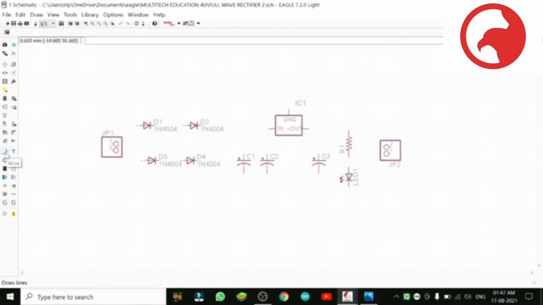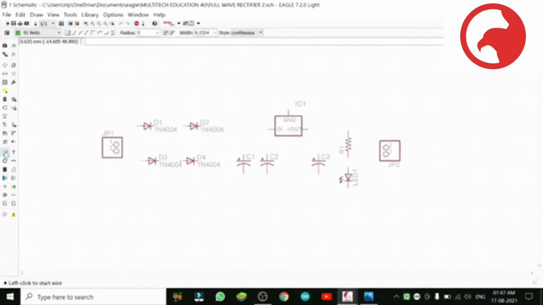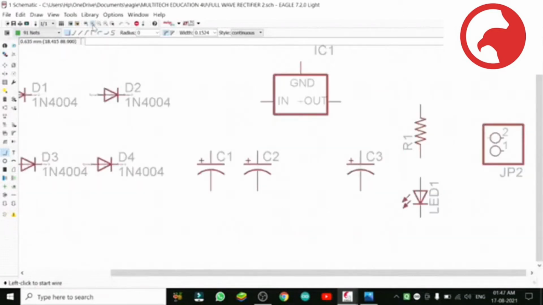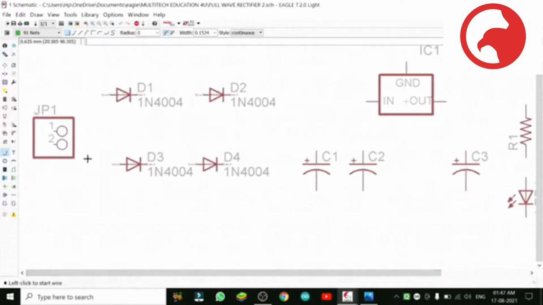So now we will select the wire. From here, see the wire symbol. With practice you will come to know which symbol is for what. And I told you, make a picture of it and write down in front of these symbols the name of the symbol and its function. And from the top we will select right angle. We can enlarge it from the top: zoom in, zoom out, fit in the window. All the symbols are there at the top.